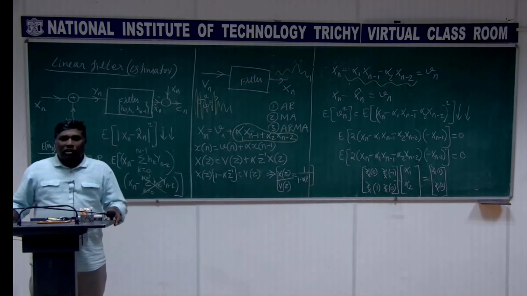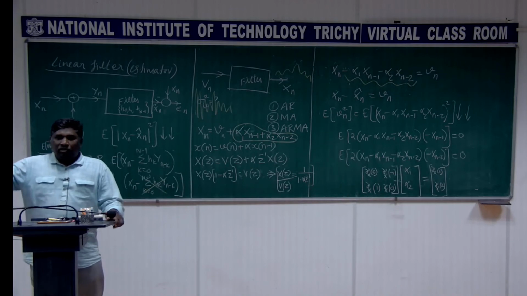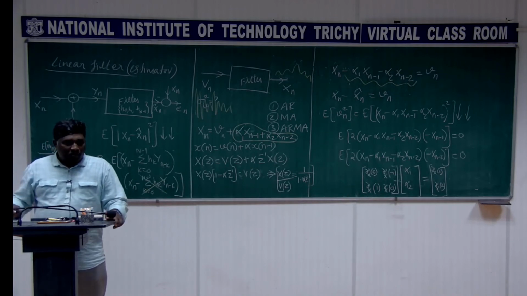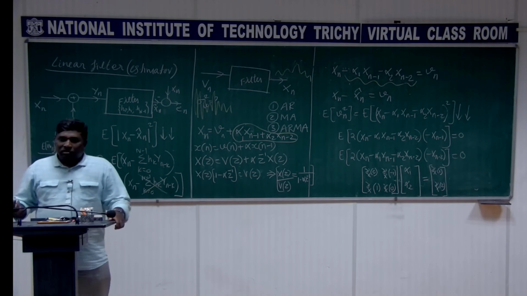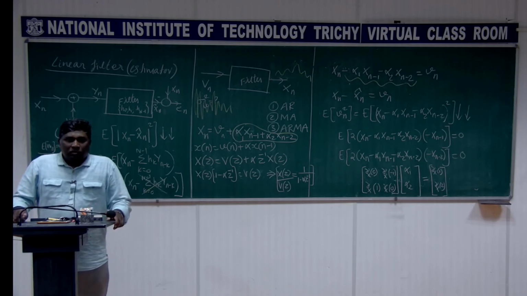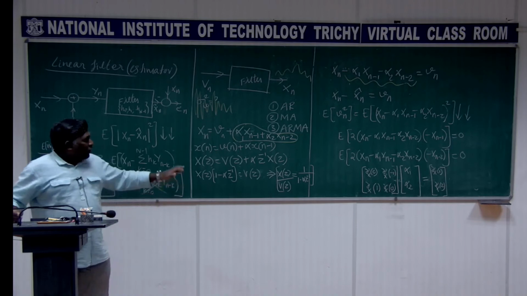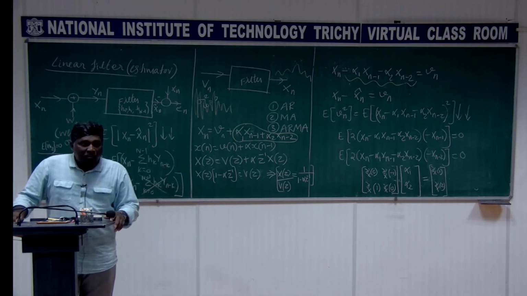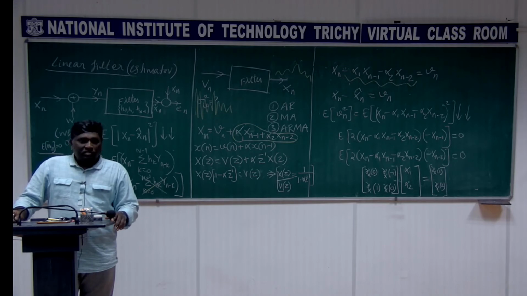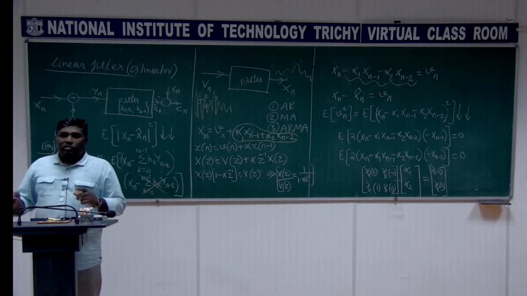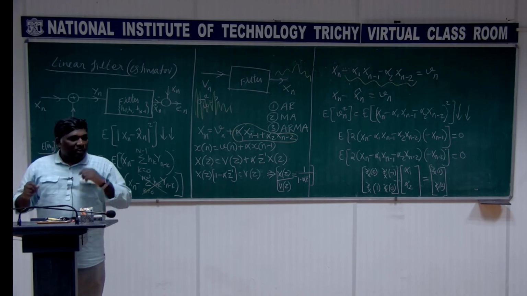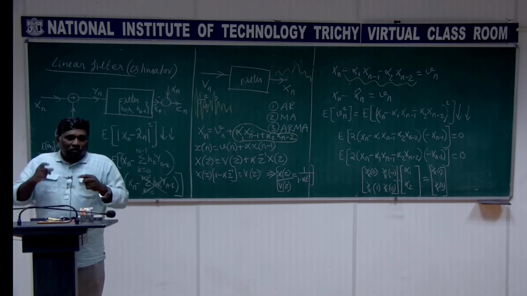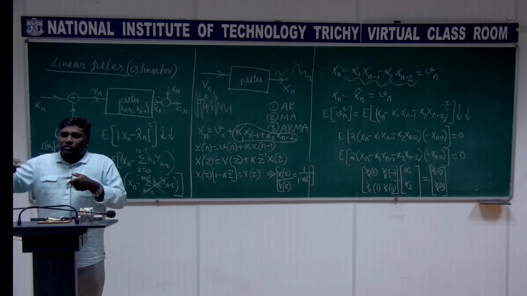It is not just alpha 1 and alpha 2. You can have more than that: alpha 1, alpha 2, alpha 3, up to 13th order. For speech signals, we use 13 filter coefficients. This is called AR modeling. What we are discussing is called AR modeling. It is otherwise called linear predictive coefficients, and these values alpha 1, alpha 2, alpha 3, and so on are what we call linear predictive coefficients. The reason is these coefficients are useful for predicting the future from Xn minus 1, Xn minus 2, and so on, the past.